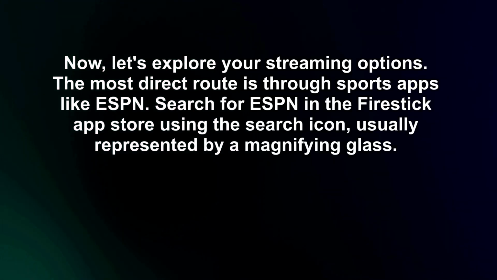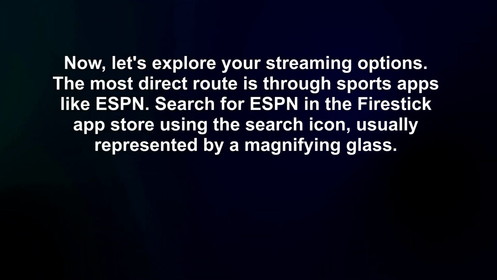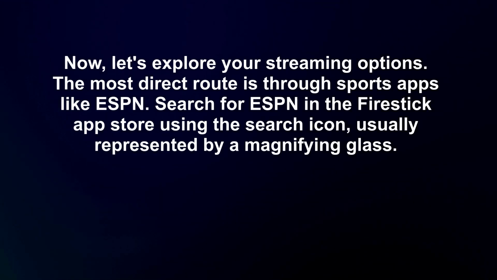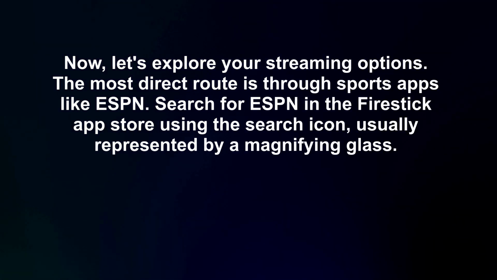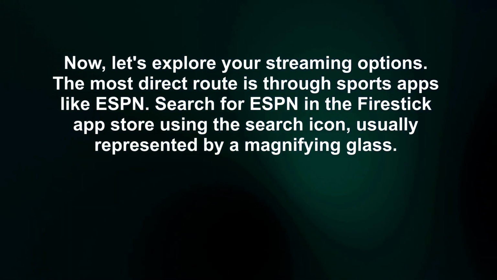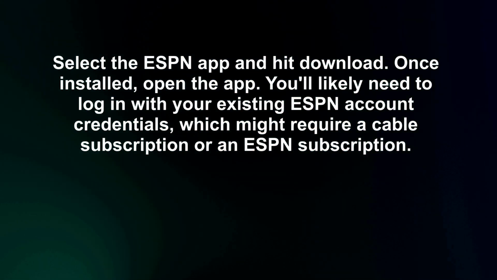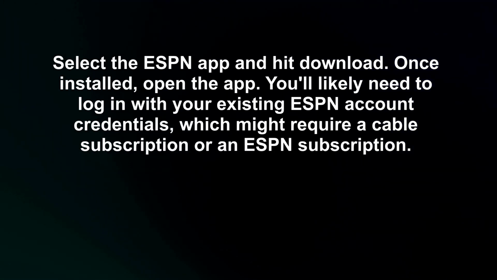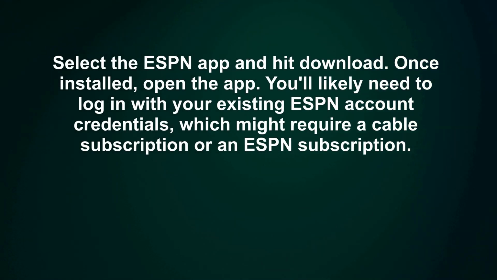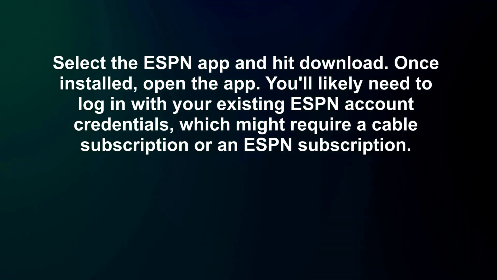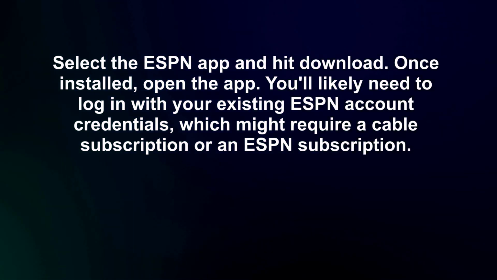The most direct route is through sports apps like ESPN. Search for ESPN in the Firestick App Store using the search icon, usually represented by a magnifying glass. Select the ESPN app and hit download. Once installed, open the app. You'll likely need to log in with your existing ESPN account credentials, which might require a cable subscription or an